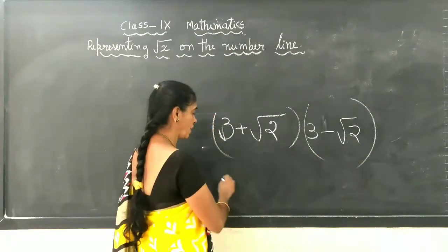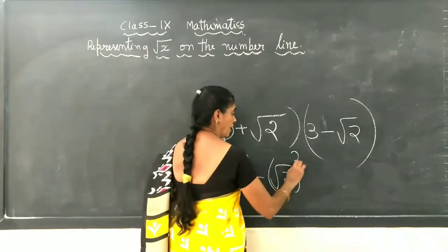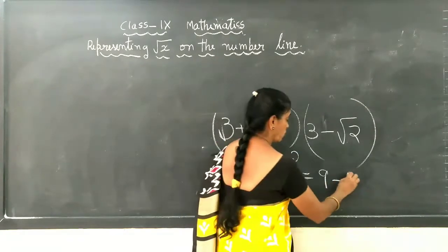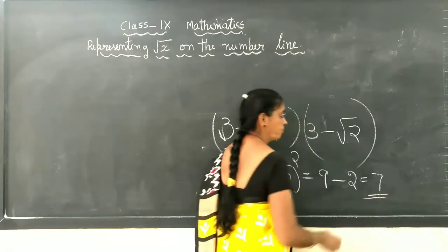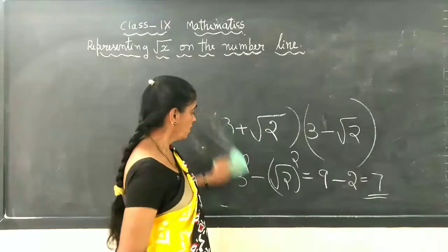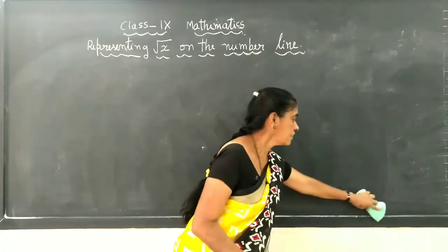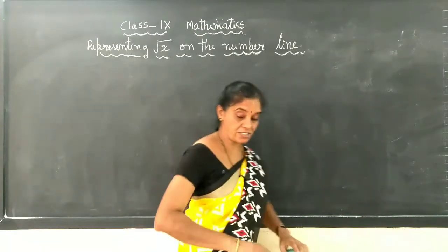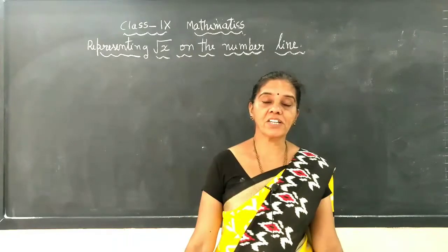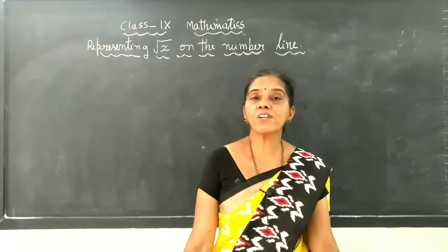Then you will get a square minus b square. So we will get 3 square minus square root 2 square, and 3 square is 9 minus root and square cancel, we get 2. 9 minus 2 is 7. So it is a rational number. So in this method we have learned how to rationalize the denominator in the previous chapter, right? And that last 5th problem in the exercise I told you to complete, and we did it, and try it if you have not completed. Okay.